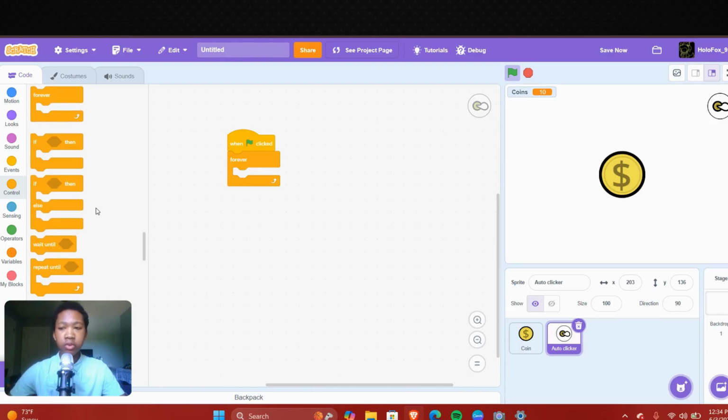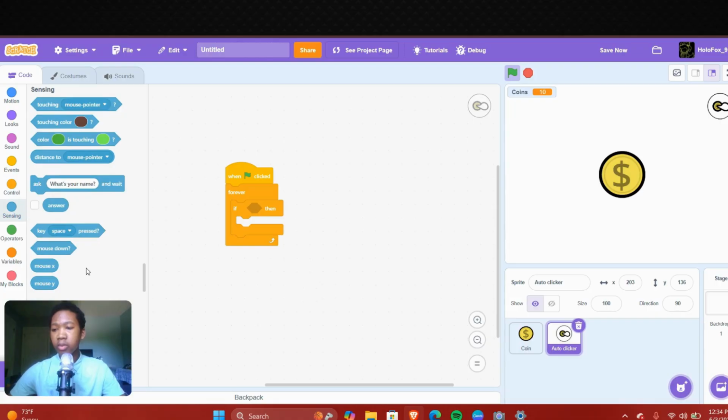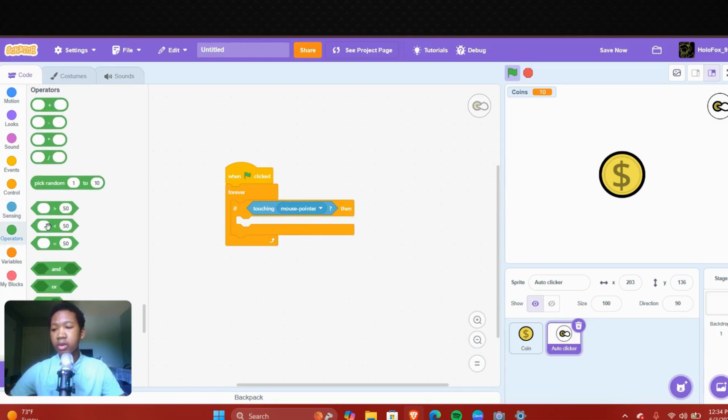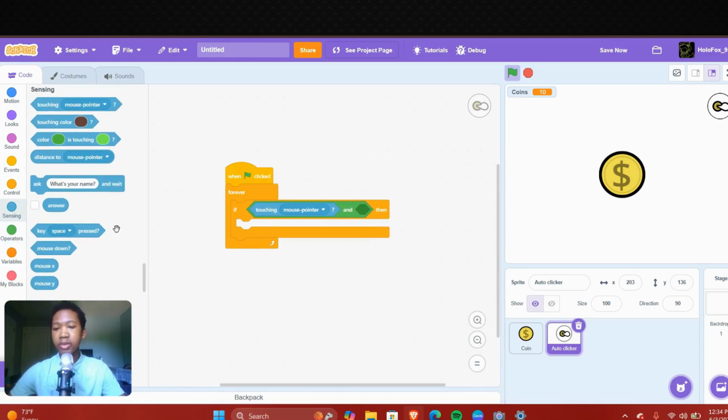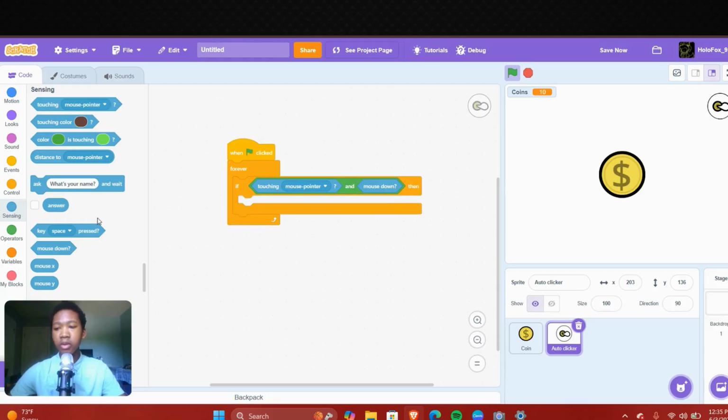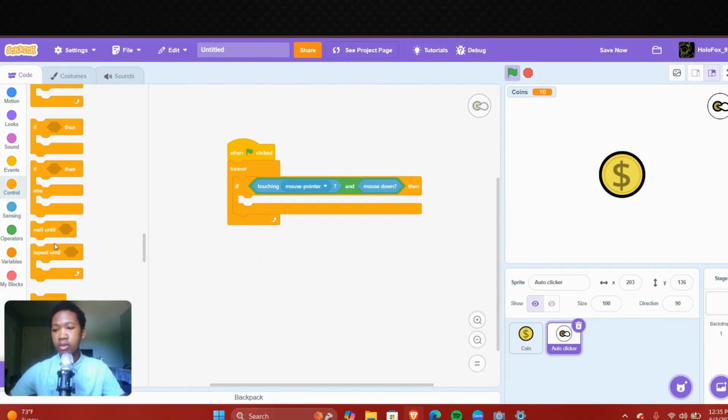Forever block in controls. We're going to then get an if else then. No, an if then. There you go. Go here. We're going to put an if touching mouse pointer. Oh, it's already on mouse pointer. But we're going to go in operators and get an and operator. If touching mouse pointer and the mouse is down, we're going to wait until the mouse